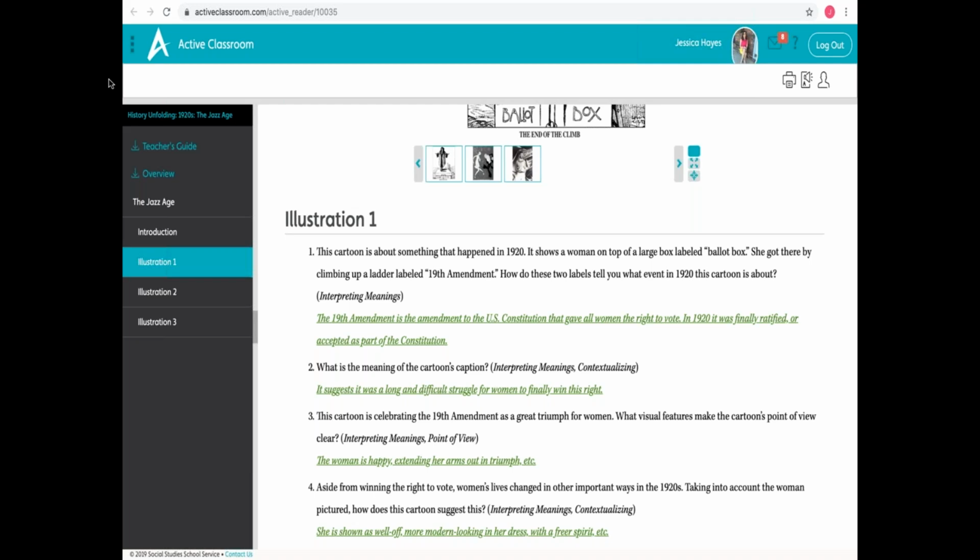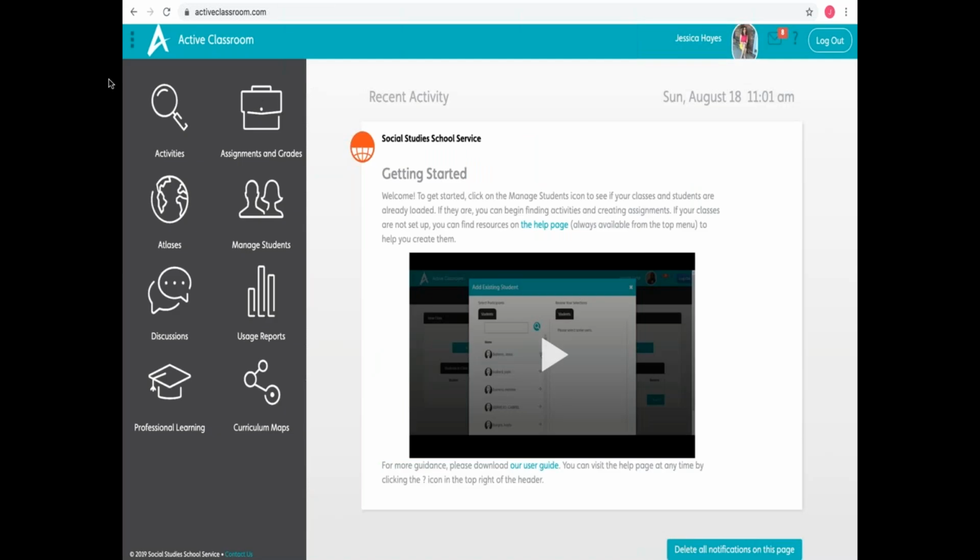But just a little bit about projecting this activity up on the screen for a whole class activity. I've done this and students really get involved. They have great discussions. Students that normally wouldn't speak out much in class, I really hear a lot of great answers from them. So this is just a great activity to foster discussion. So like I was saying, if you would like to present an activity to students, you would need to do it through an imaginary student